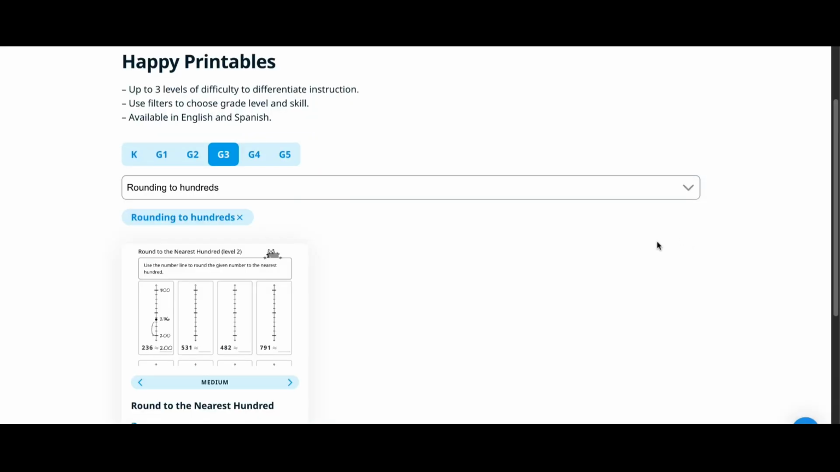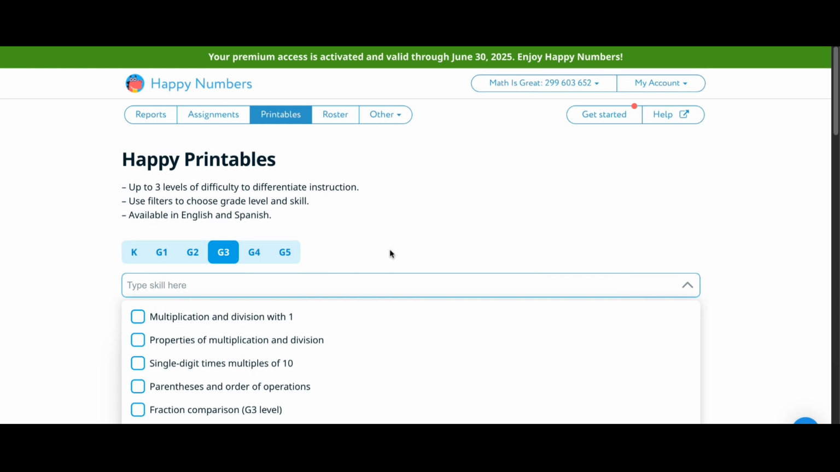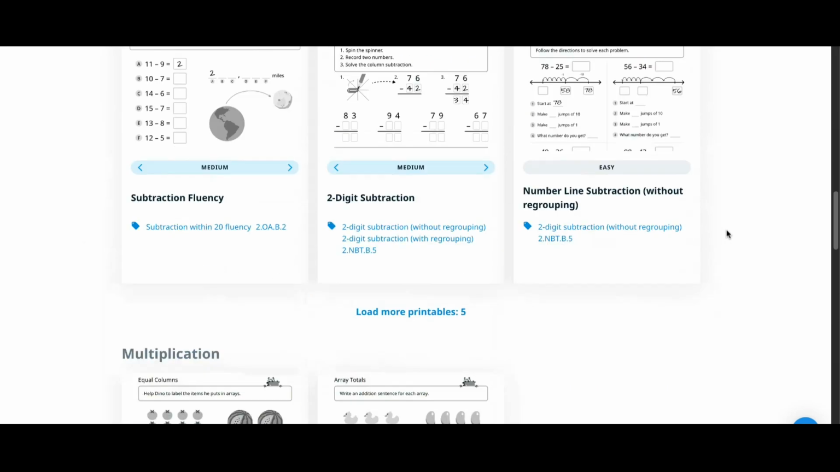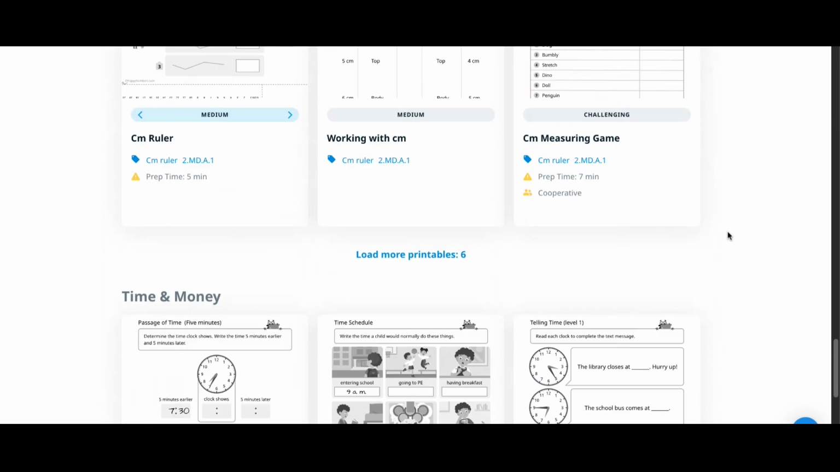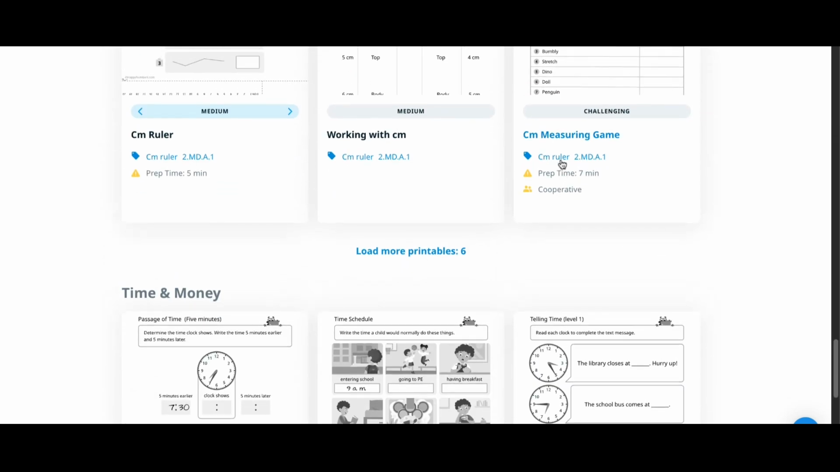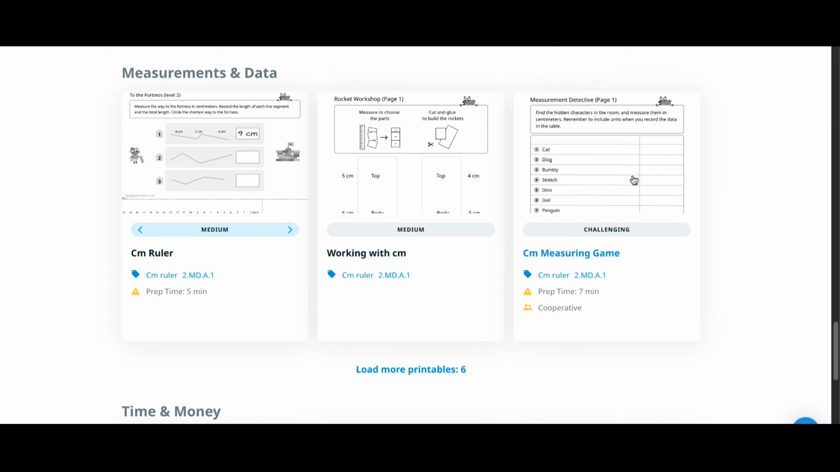Now let's look at some of the other printables. Sometimes you'll see a yellow cooperative symbol. You'll also see a triangle that lets you know that that particular worksheet may require some additional gathering of materials. It will never take longer than a couple of minutes to gather those materials, but we do like to give